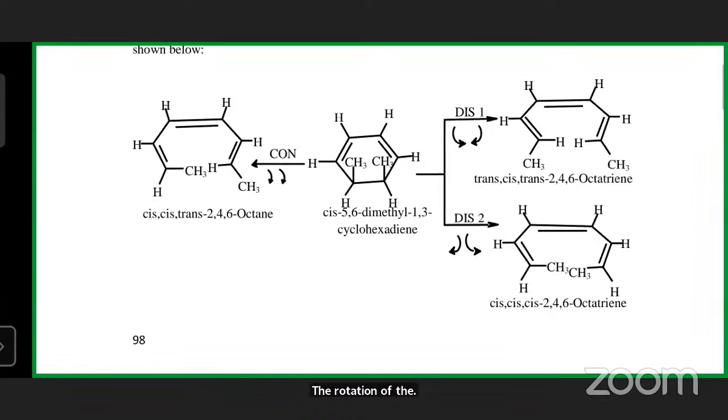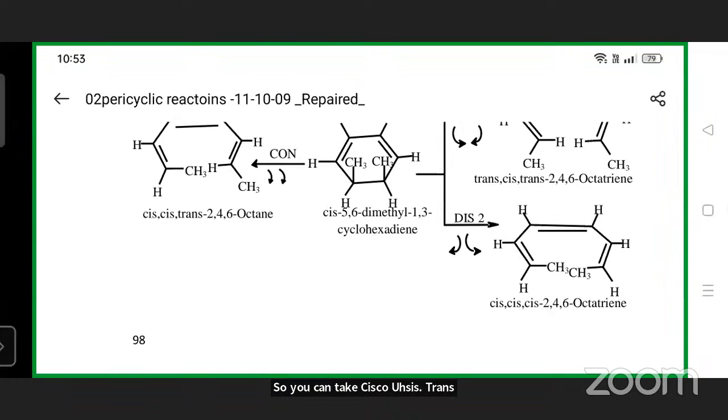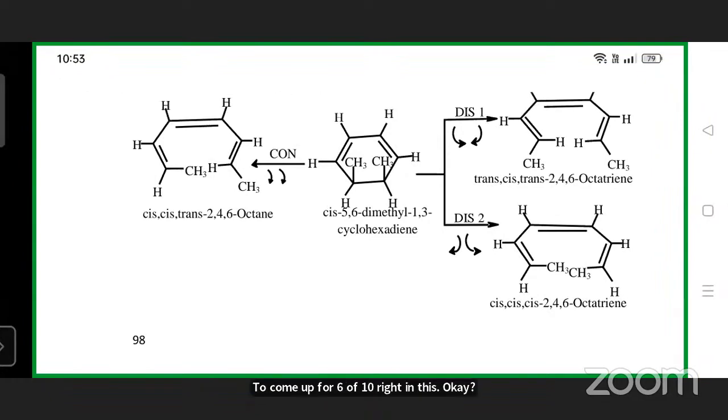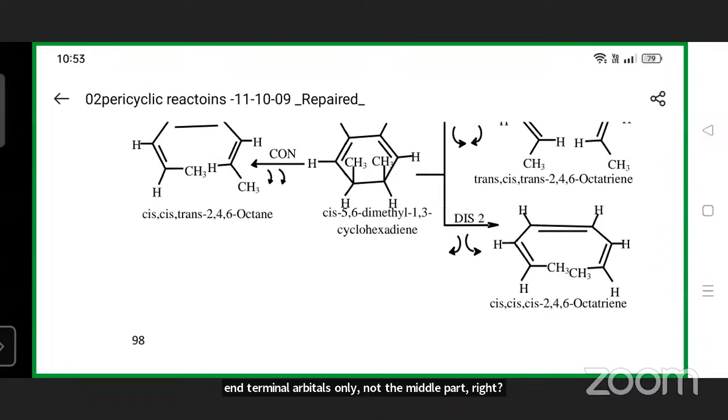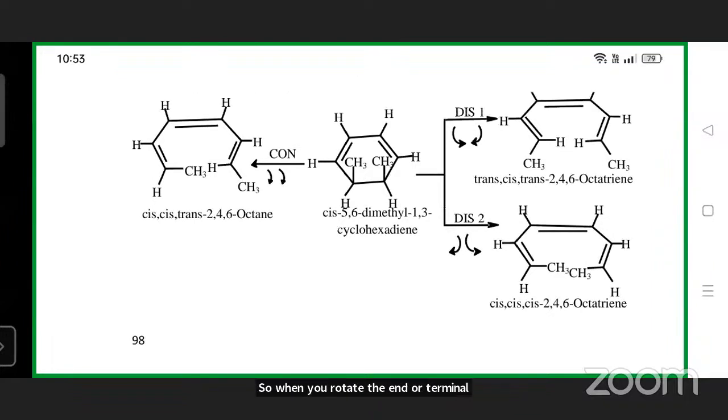So you can take cis, trans 2, 4, 6 octatriene in this compound. Upon ring closure, or the ring opening, it takes place by rotation of these orbitals. You have to rotate the end terminal orbitals only, not the middle one. So when you rotate the end terminal orbitals, either clockwise or anti-clockwise, that means con rotation or the